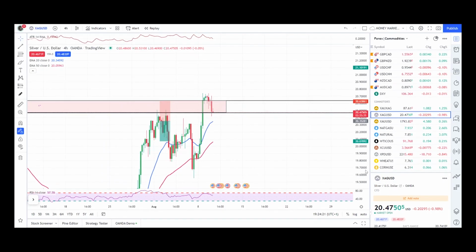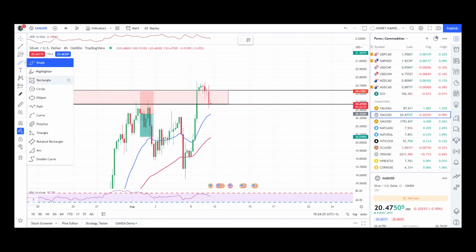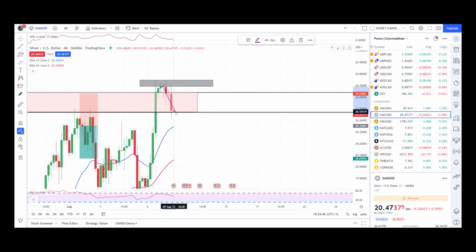So the last commodity we've got here is silver. So what do we have here now? I want you to mark the rejection zone, something like this. This is the zone which is 20.69220 and goes up to 20.74867. Now, as you can see, the market did give a fall from here, but we might see a pullback